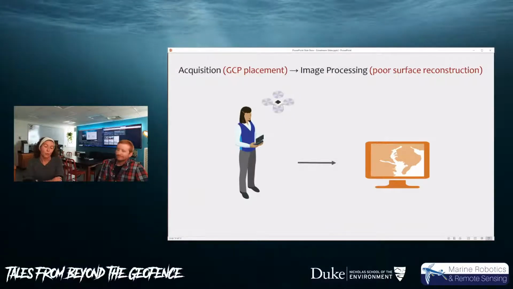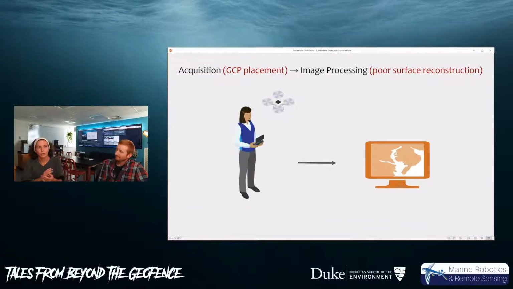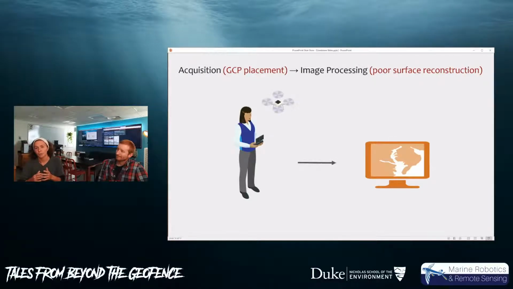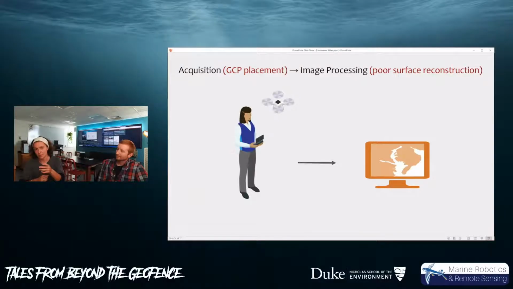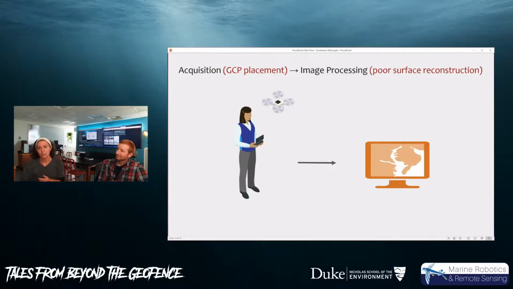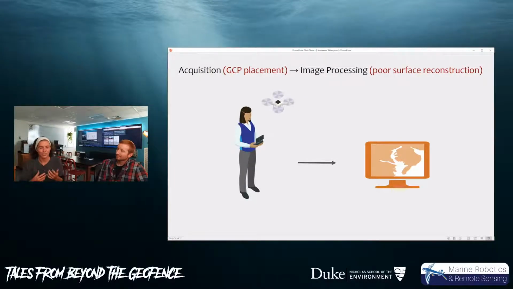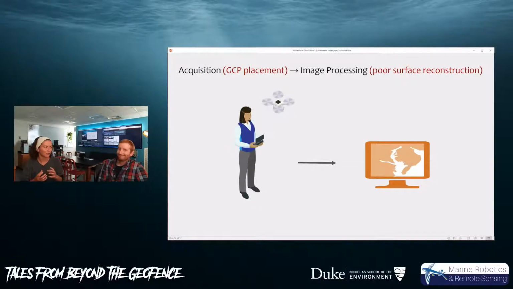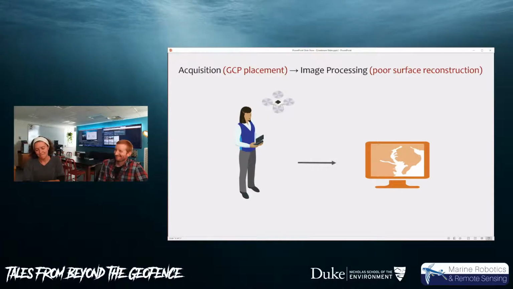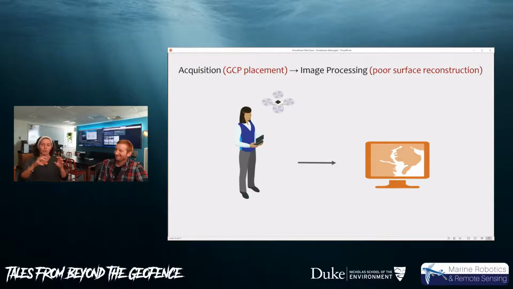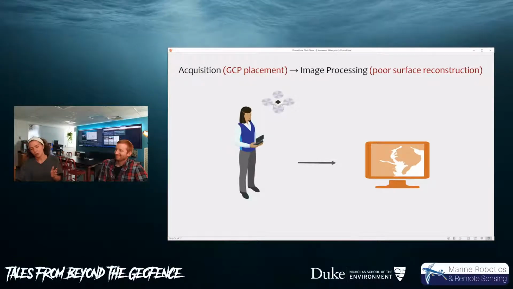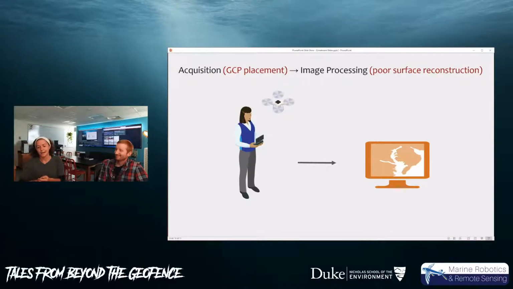So one way we improve the geo accuracy, or the location accuracy, of our products is by using GCPs, which stands for ground control points. And this one is an example of finding a spot in the protocol that could have been more explicit, and we made it more explicit, because how these ground control points were set out in the field influenced how the entire surface was reconstructed.